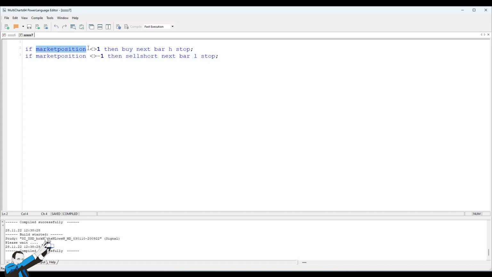Of course, there is a condition for the market position. In fact, if we want to go long, we mustn't already have a long position open. And if we want to go short, we mustn't have a short position open. I've left this wording with the market position. It isn't necessary with the classic minute bars, but here with the Renko bars, I prefer to leave it for reasons of the order of execution of the code. So let's look at what this trading system would have done on this chart.